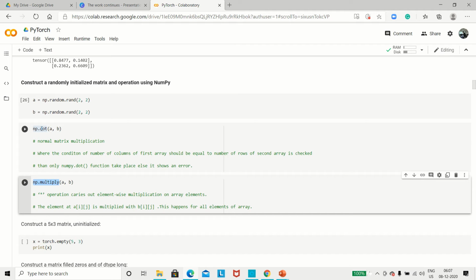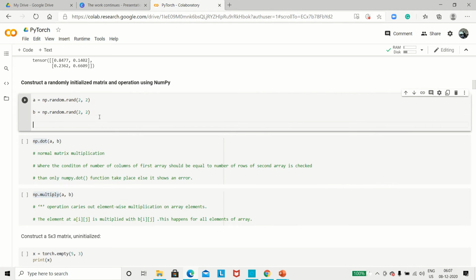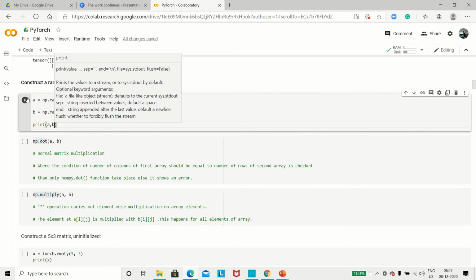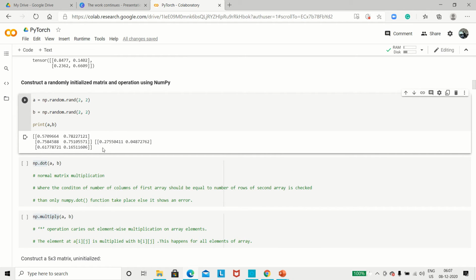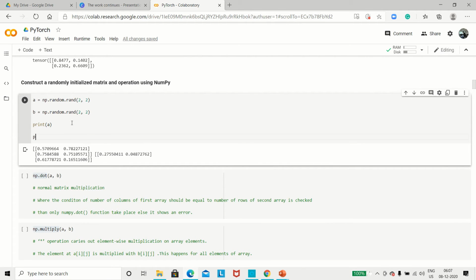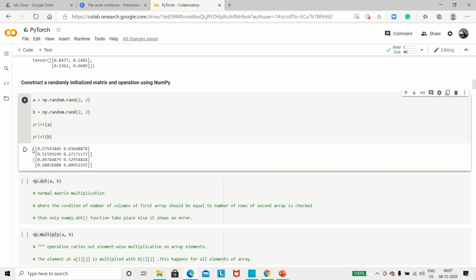Okay, that's the difference. Let me print A and B for you. Let me do it separately so it's more clear. Let's print A and let me go for print B. So this is the A matrix, and this is the B matrix. Clear? So now I can perform multiplication in two ways.